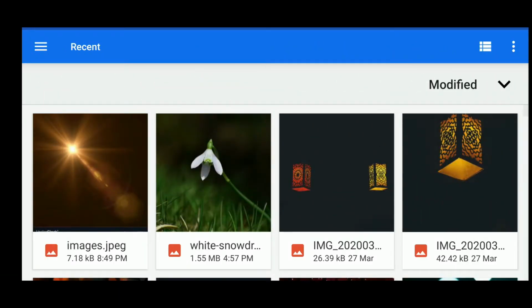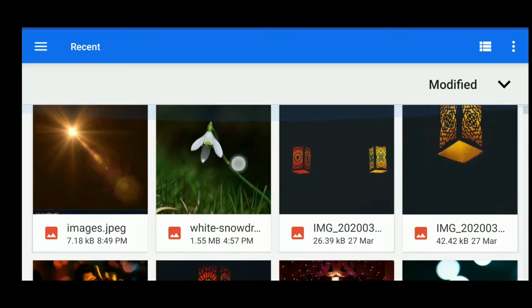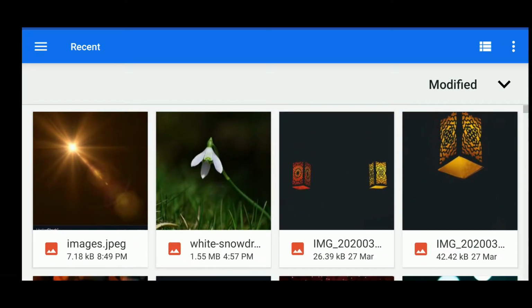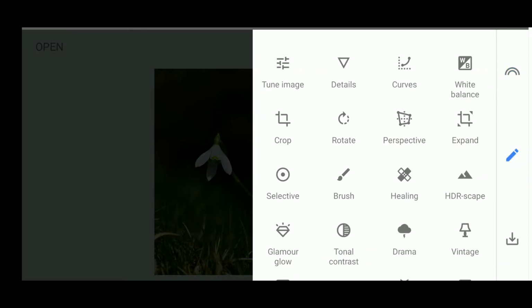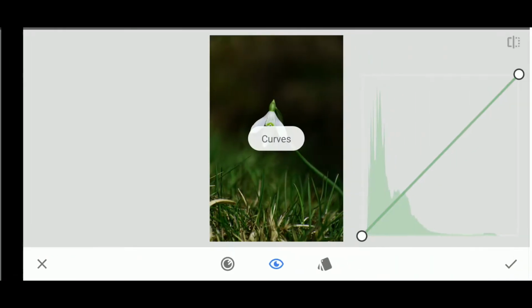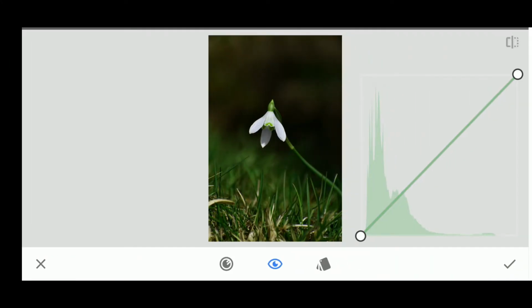So for this one I'll be choosing this photo. It is a simple photo having a flower with green background, and then we'll be just color correcting it at first. For that, click on the edit button here, then go to the curve section,